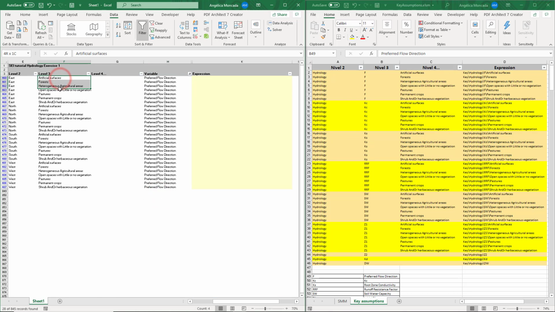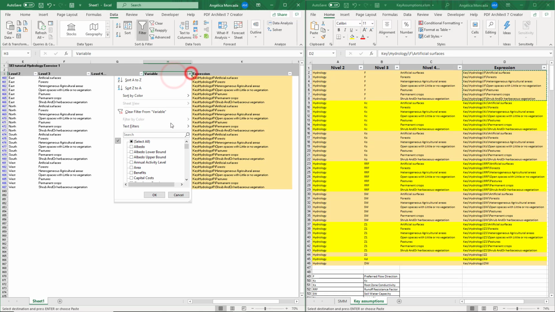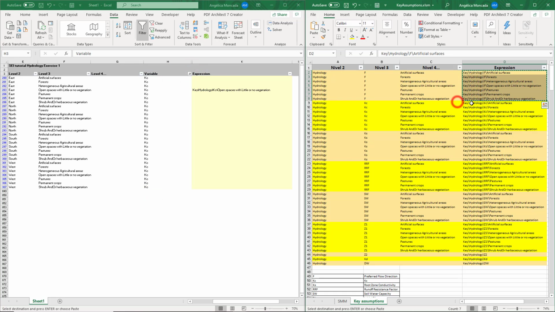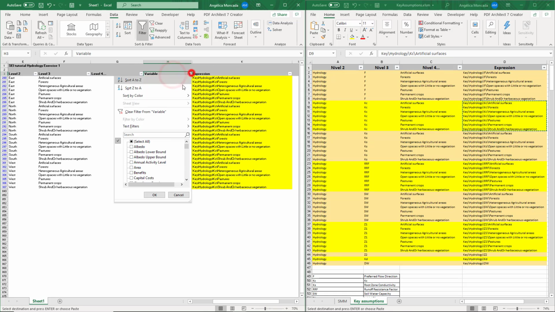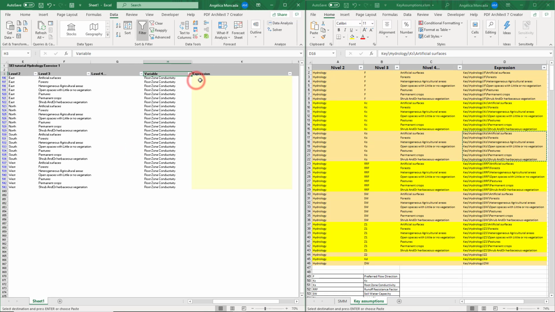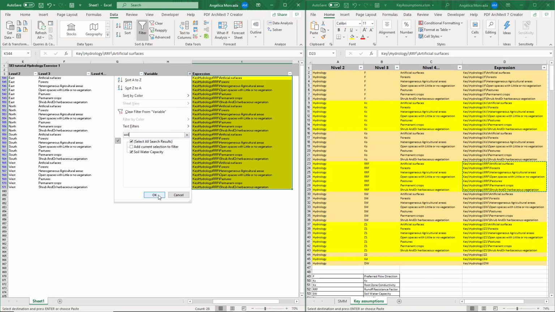Because the order of the variables in both files is the same, we can copy and paste the expressions. Continue with the crop coefficient parameter, Kc. Copy the expressions from this file and then paste them here. Do the same for the root zone conductivity, runoff resistance factor, soil water capacity,